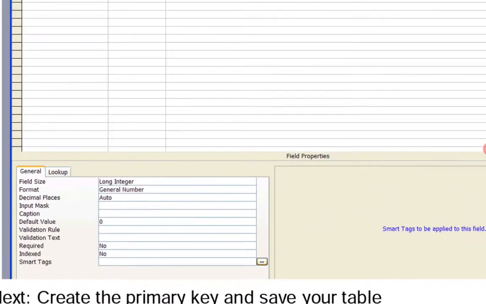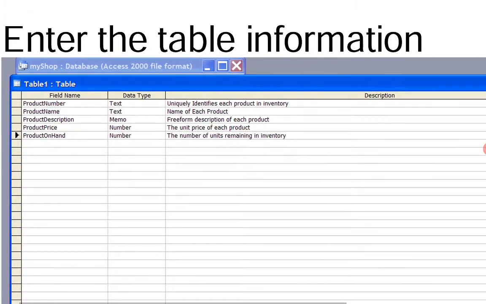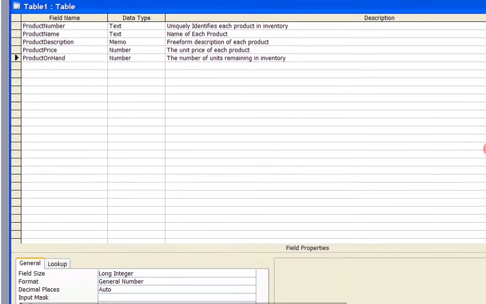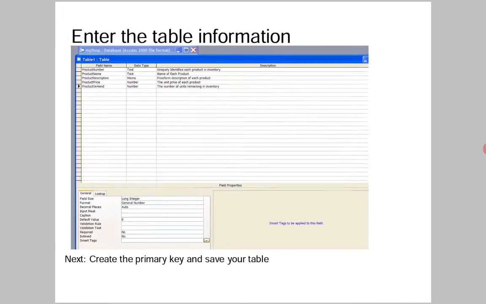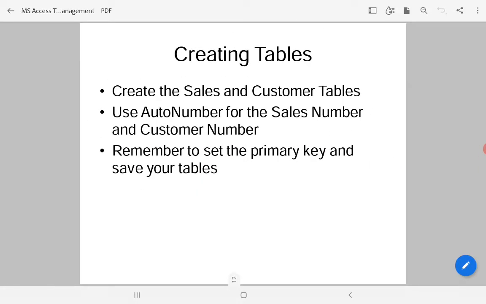There are different data types available, like number, numeric, text, varchar, integer.